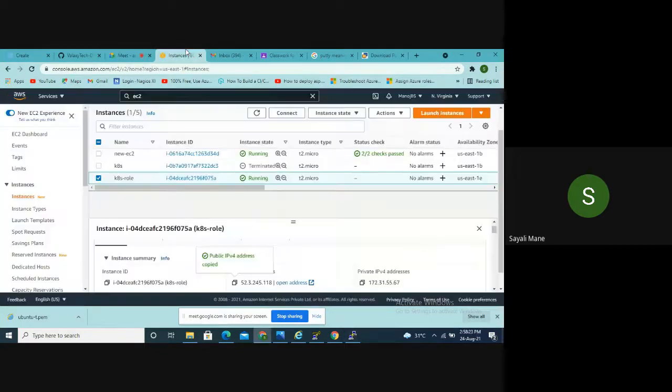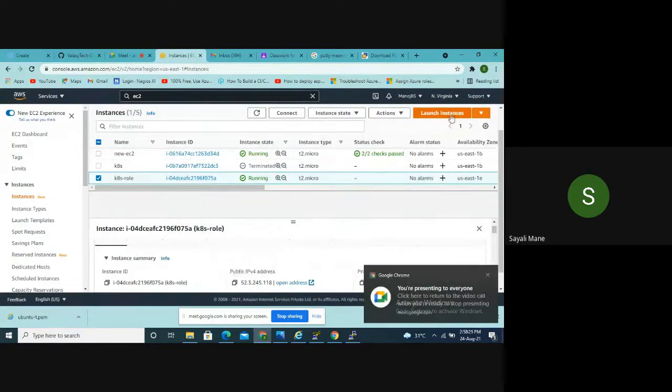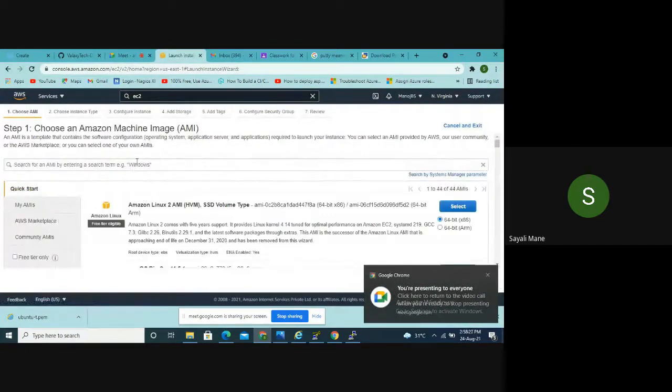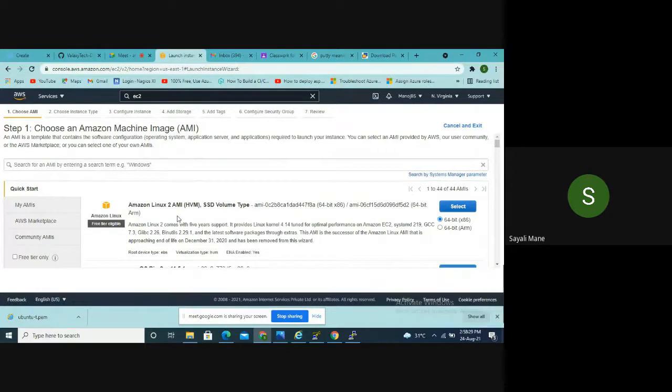What you have to do is click on launch instance. Here the Amazon Linux 2 is already there.